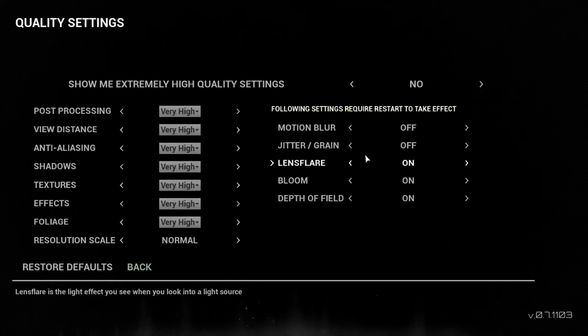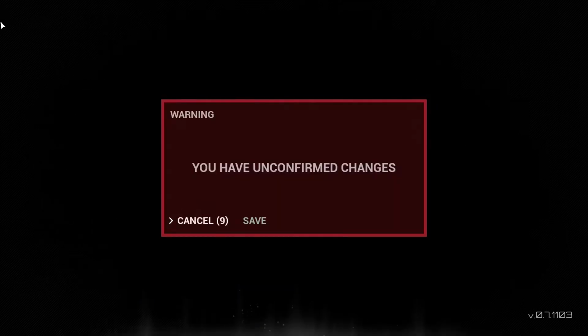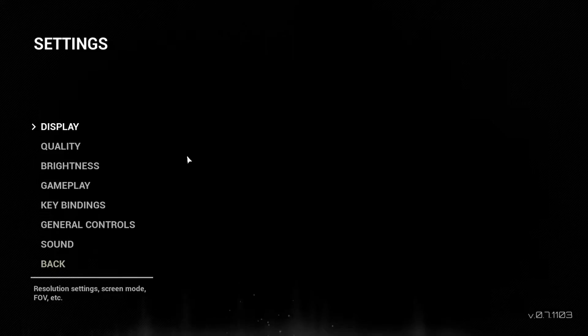As for the quality settings, it's got jitter and grain and motion blur. A lot of games have this these days. It's not needed. But hey, have it so that they're off by default. I will never not say this, alright? Have it so it's off by default. Other than that, there are a lot of things that you can change in here, which is really kind of cool. It does ask you to save it every time, whether you've actually changed anything or not, which